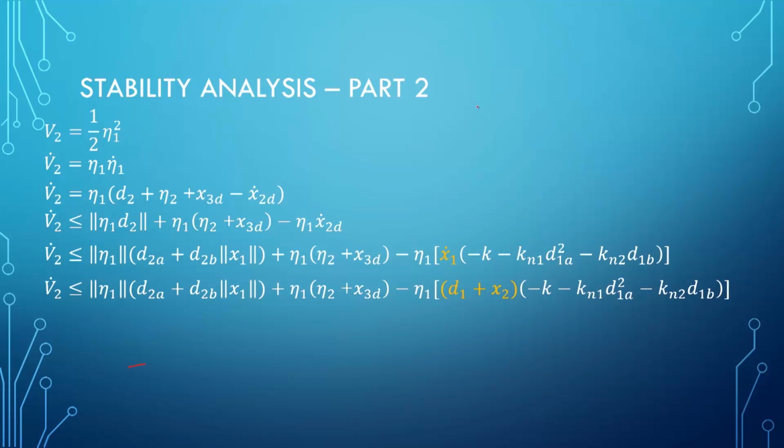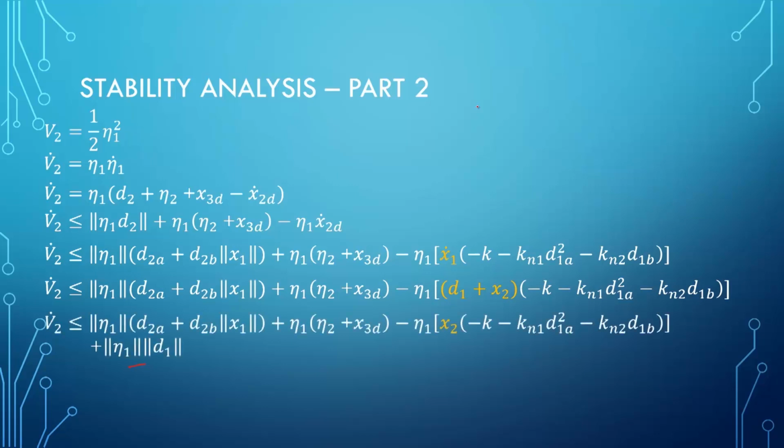Measurable. And d1 is unknown. D1 is the disturbance, so we need to further upper bound d1. So we upper bound eta 1 D1 by the absolute value of its product. These two are coming from the last term in the previous equation. Eta 1 D1 is upper bounded by this, and eta 1 times